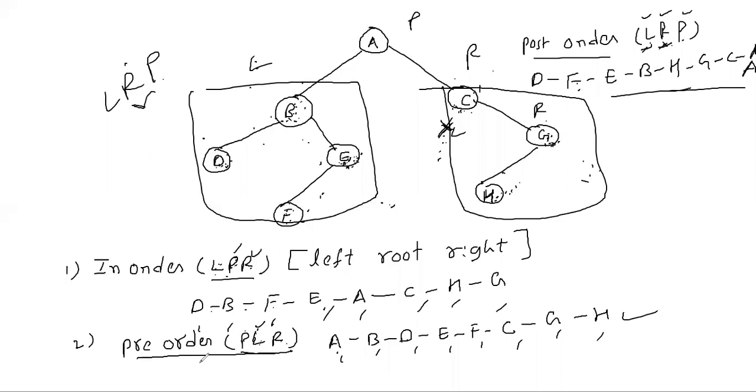So based on this, in order is LPR: left, parent, right. Inner subtrees also you have to apply the same thing. Applying that formula, you don't miss that formula. You don't lose that rule, LPR or PLR. Is there any doubt? We'll discuss more also on this. Now, anyone can ask, is there any doubt? No, sir. So to make it more clear, I'll discuss one more problem on this.